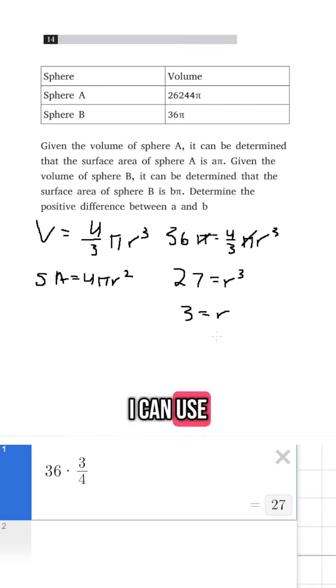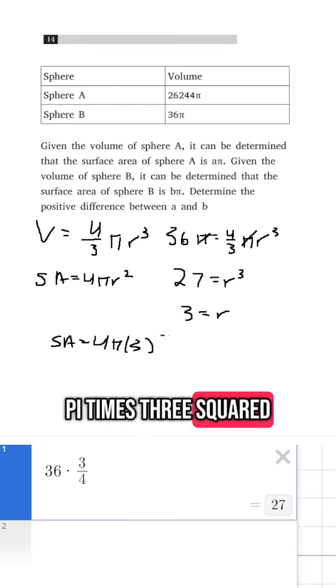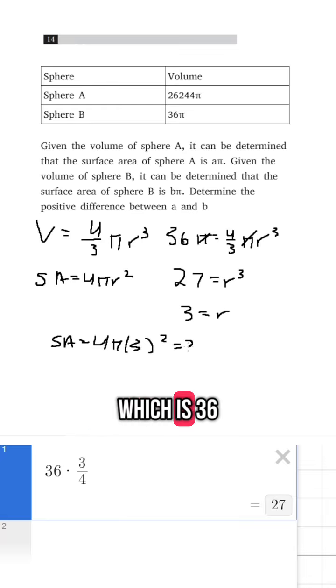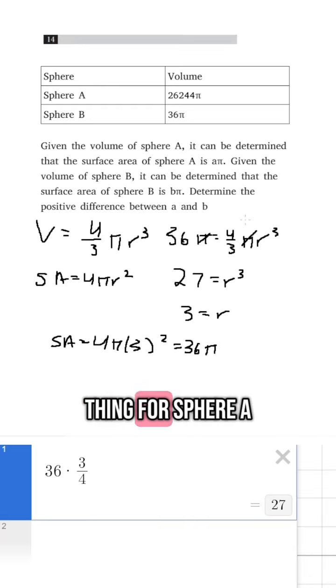Now, I can use this to find the surface area of sphere B. The surface area would be 4 pi times 3 squared. So it's going to be 4 pi times 9, which is 36 pi. That's a coincidence. Now, instead of doing the same thing for sphere A, all I need to do is realize